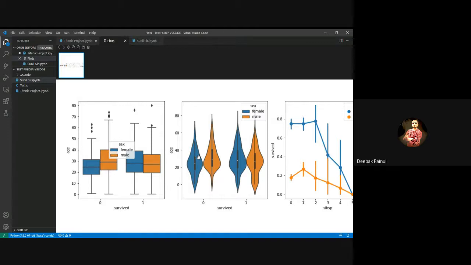Data values beyond these tails will be considered outliers. If these tails are very long, there may be a chance you have some outliers in the data set. So this is all about understanding the violin plot and box plot and finding outliers in the data.